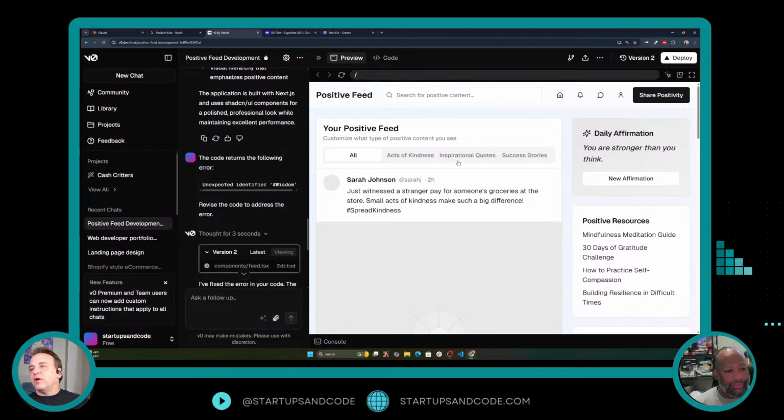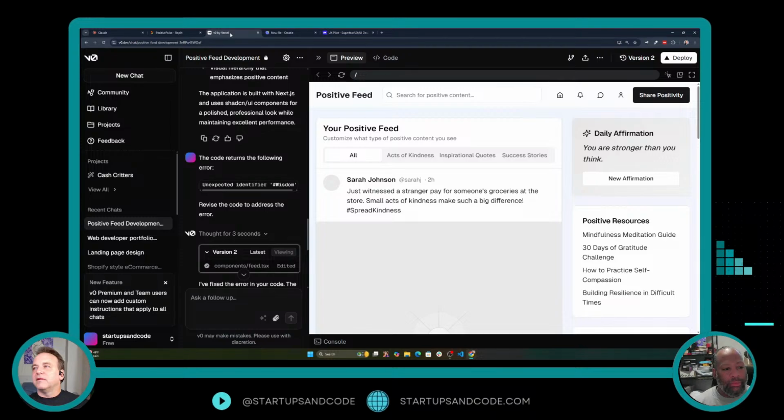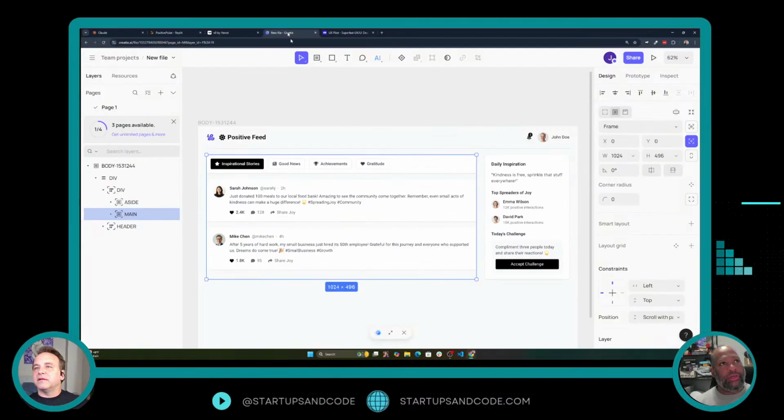But if you look at this layout, your positive feed, acts of kindness, quotes, success stories, and positive resources over here, and I come back to this one, very similar layout. Yeah, just executed a bit better. And I'm surprised because V0 is usually pretty good. Well, I guess they're both good, but